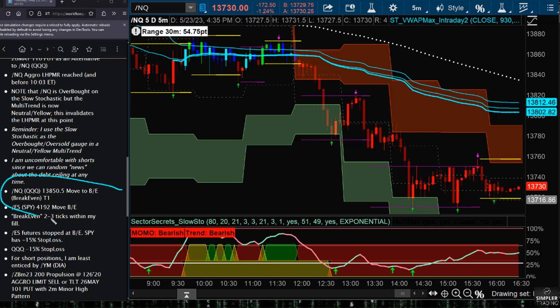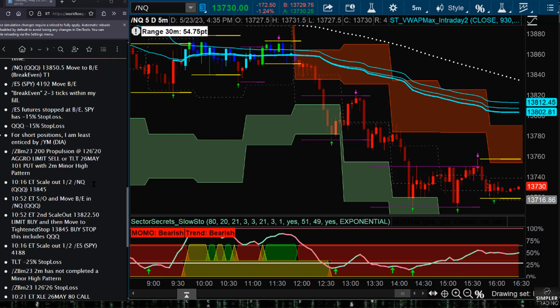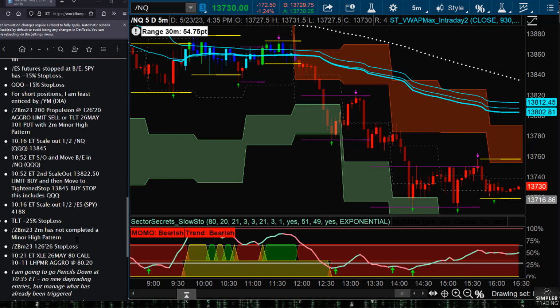I've been really active about moving to break even pretty quick. Now, this gives us the luxury of having no more than unrealized profit as our risk, right? We tightened up the stop loss in the QQQs to 15% premium, right? So move down a little bit lower, and you'll see the next thing we want to do is start to